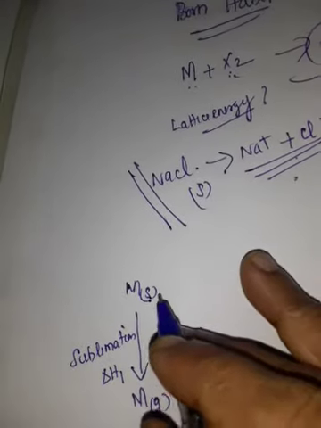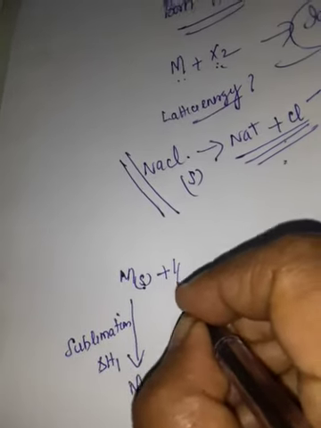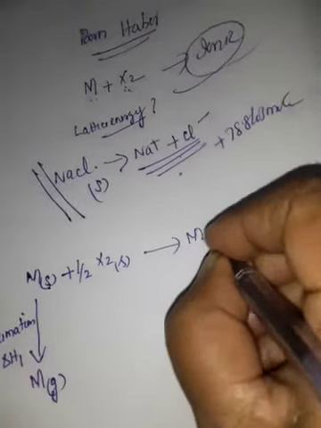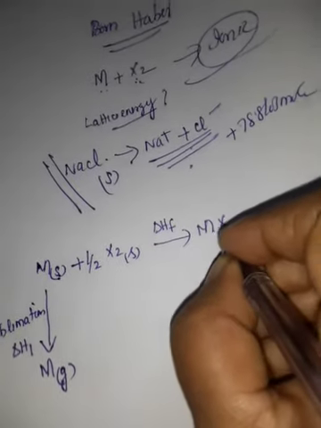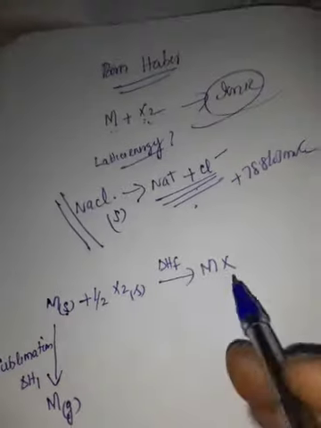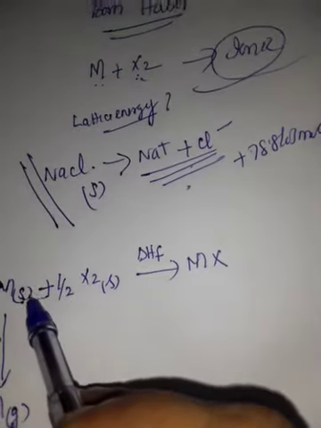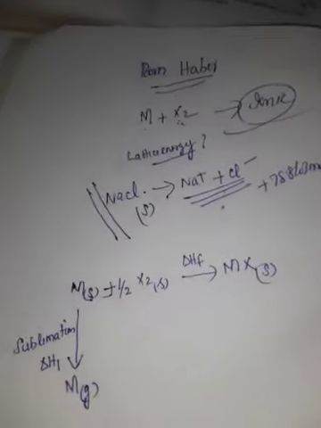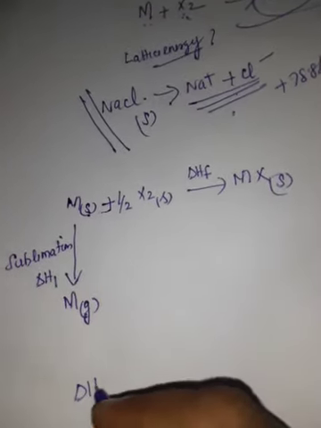Now, as I already taught, in the Born-Haber cycle a metal combines with a halogen, giving an ionic compound MX. The total value is delta HF, the formation of a compound from its elements. This can take place in multiple steps, as Hess's law is followed. The overall reaction is this only, but this reaction takes place in multiple steps. The first step is only sublimation.